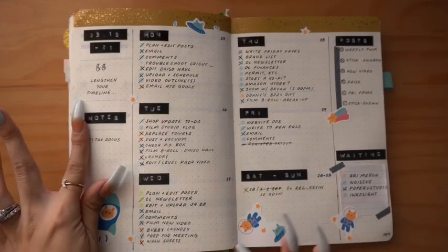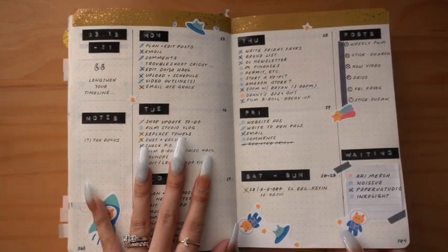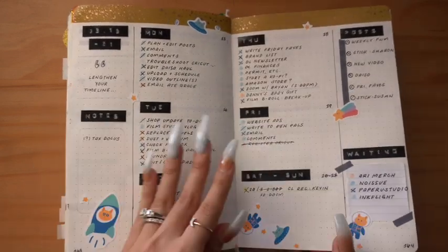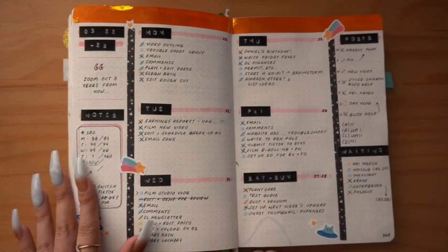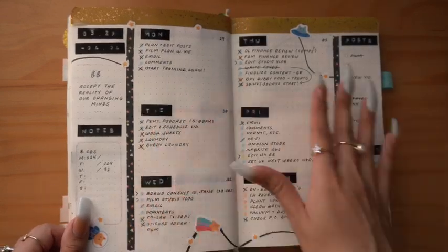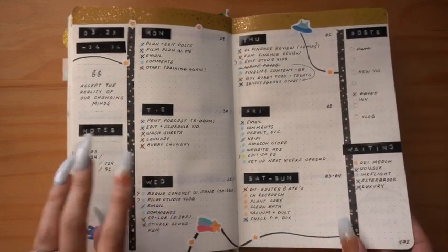Here's where I tried to change things up a little bit. I'm not sure that I love the way that I set this up, but I think I wanted to try something different, and this is what I ended up with. I'm not sure if it's the color scheme or what, but I do like the way that this turned out better than the previous one. I'm not really sure why that is. And then again, same setup. It's not a setup that I'm currently using, but you know, I tried it out and it worked for the